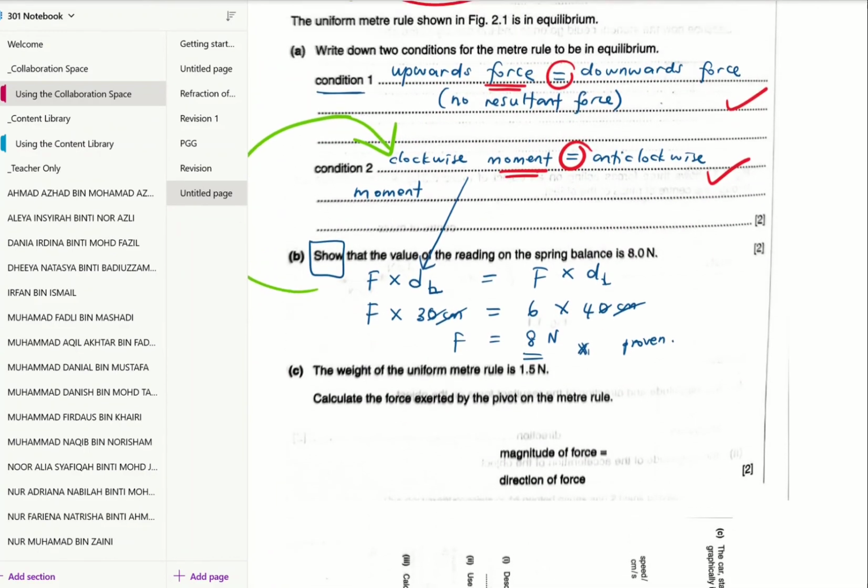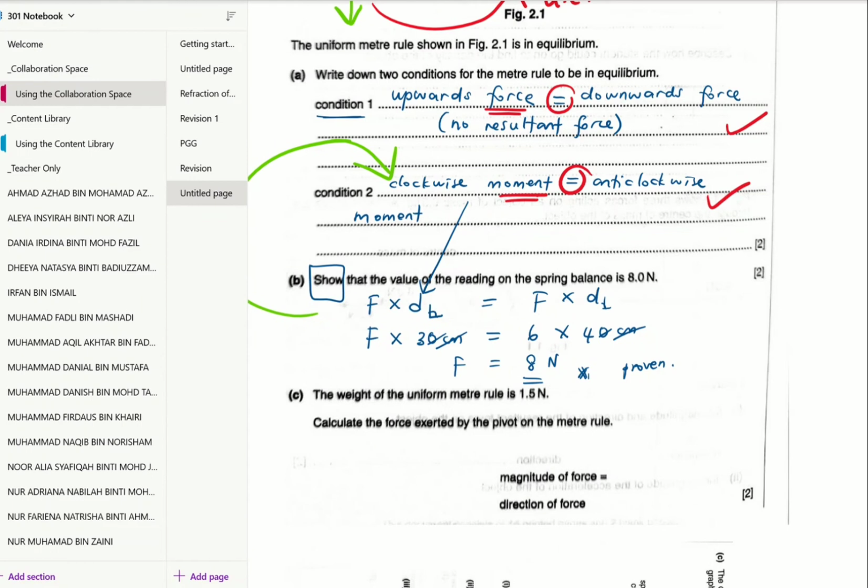Now what's the weight of the uniform meter rule? The weight of the uniform meter rule is 1.5 Newton. Calculate the force exerted by the